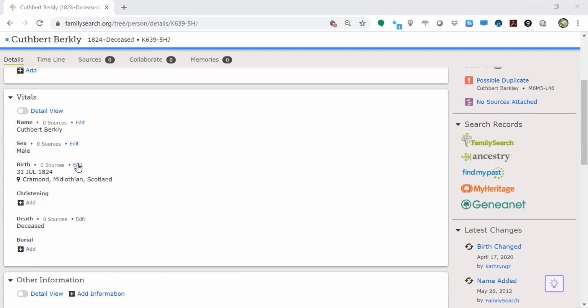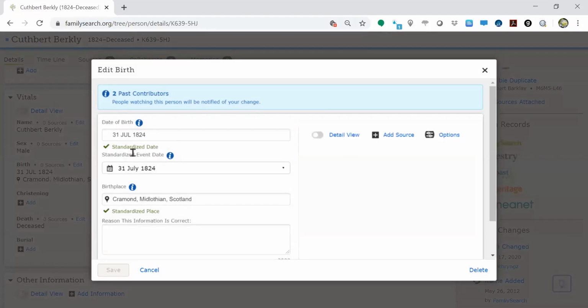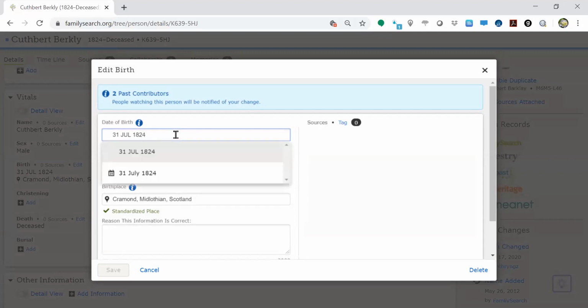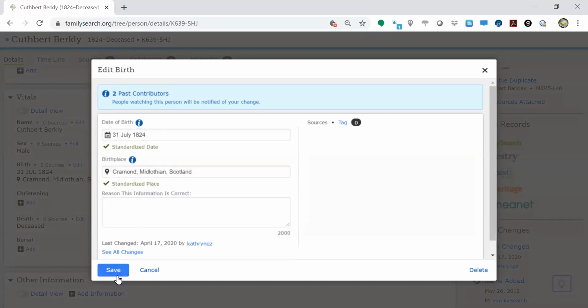You just click Edit by the item that you want to standardize. And you notice that FamilySearch has guessed that this should really be standardized as 31 July 1824. So it went ahead and entered the standard date in. But if it hadn't, what you do is click right after the end of the date and just hit your space bar. And when you do, a list of possible standards drops down. Now for the date, there's only one, but often for place names, there'll be more than one standard to pick from. But you just go ahead and click the standard that you want,